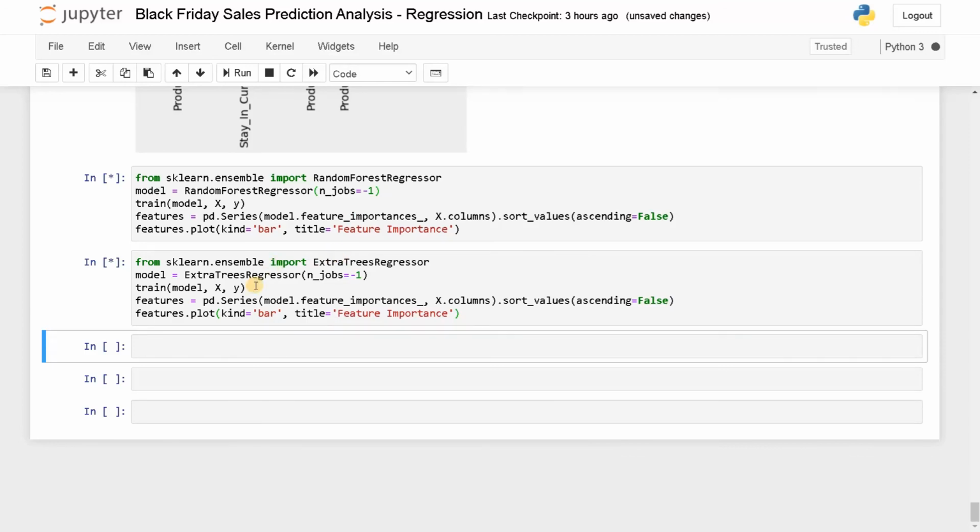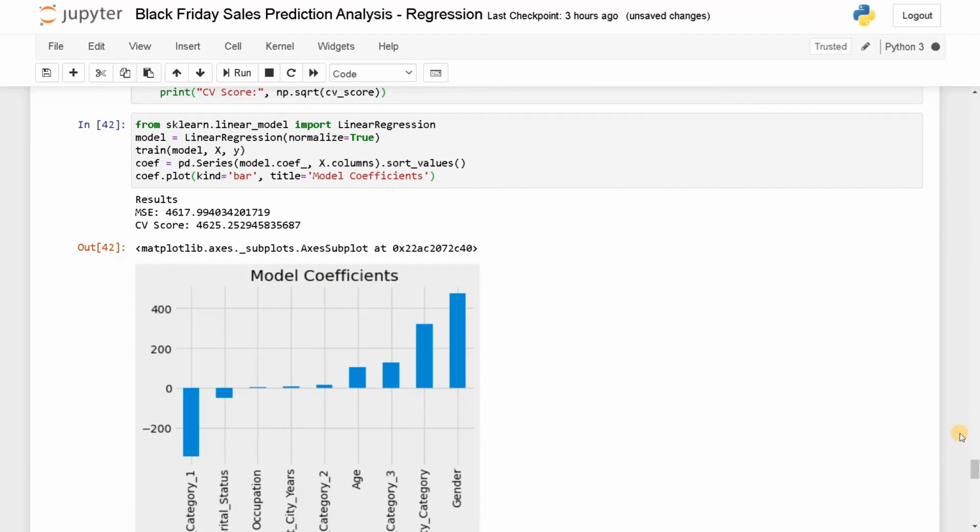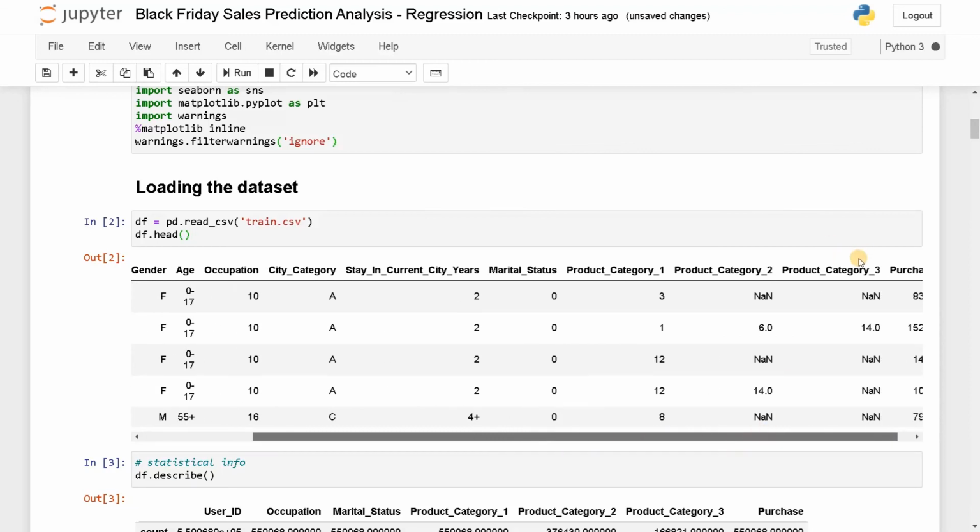In the meantime, I will just explain how to upload your test data to the contest. Many of the viewers have asked how to upload the test data and how to predict from the test data. So you are loading the X and Y, right? From train, you are getting the same data set, but in the test set, you won't have the purchase attribute.